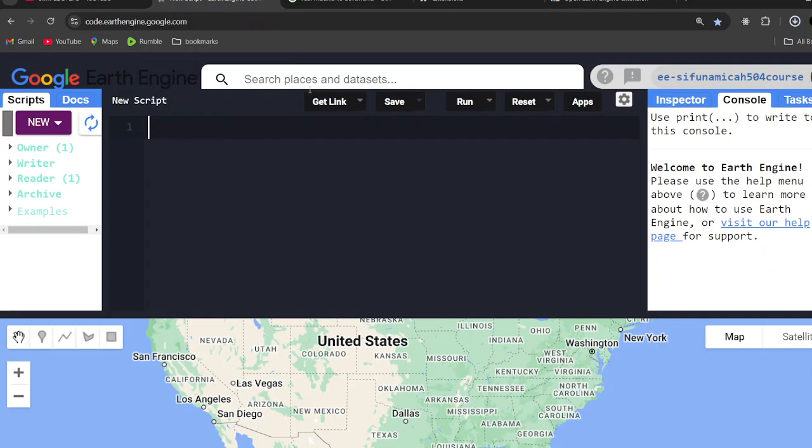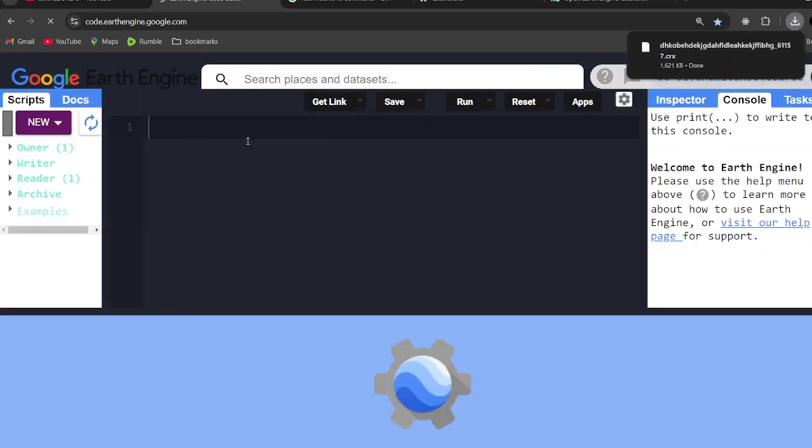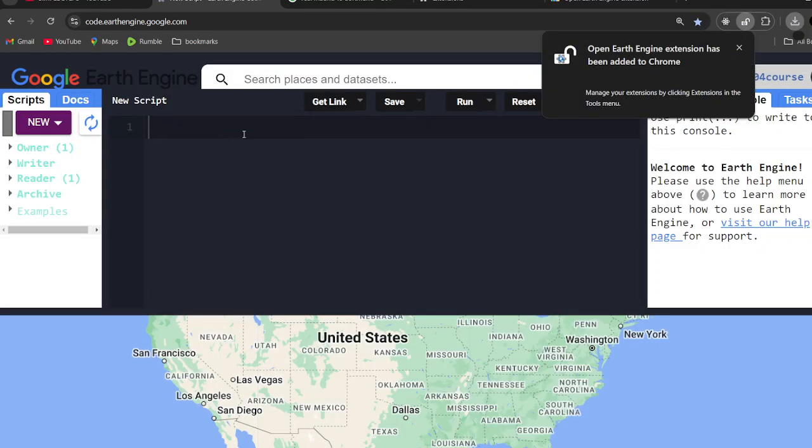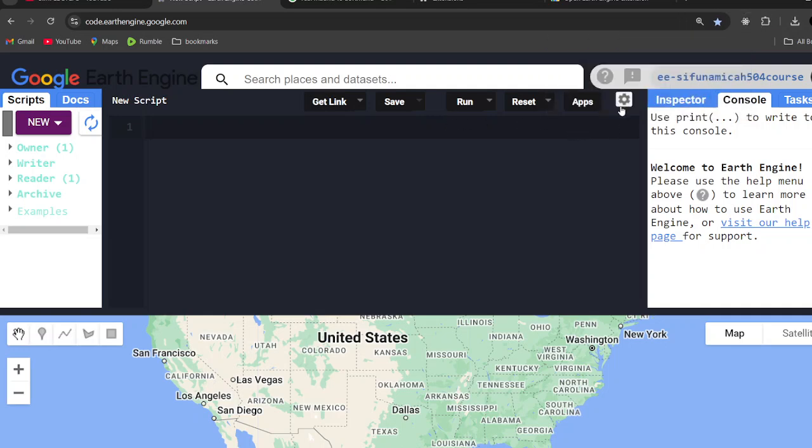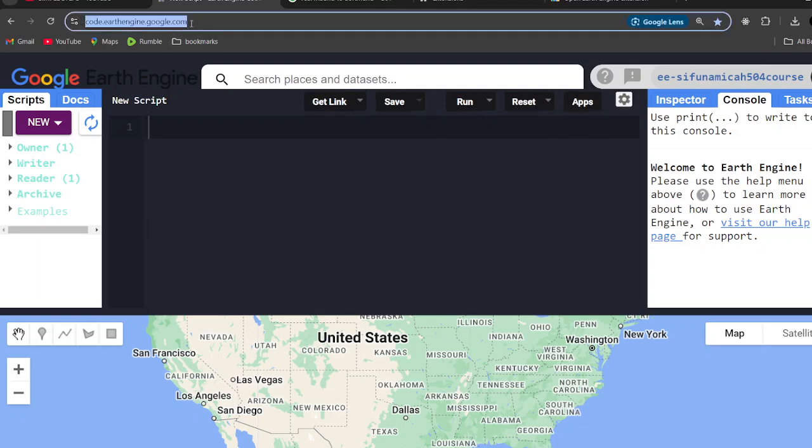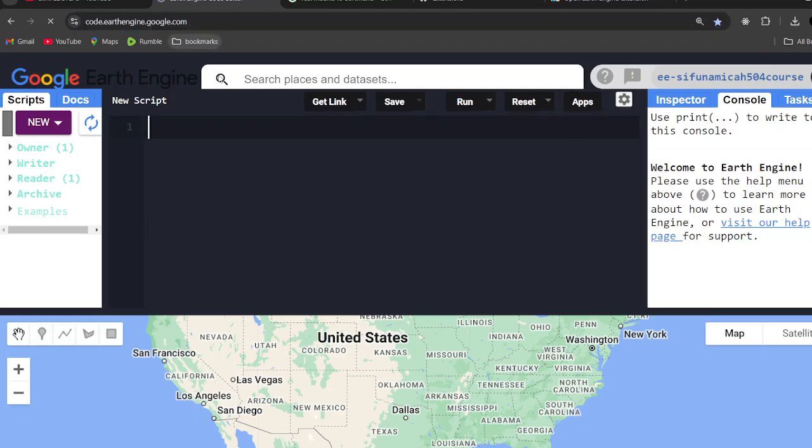So if I come back to my Google Ad Engine and then refresh the code editor, as it refreshes, you can see it says the Open Ad Engine extension has been added to Chrome. Manage your extension by clicking extensions in the tool menu. Okay, so if I refresh again,